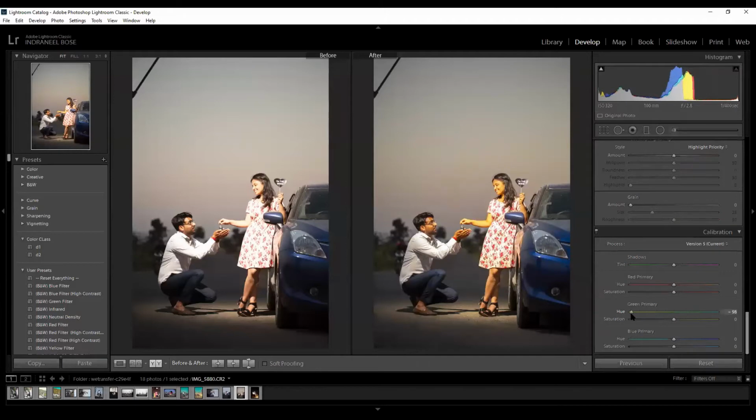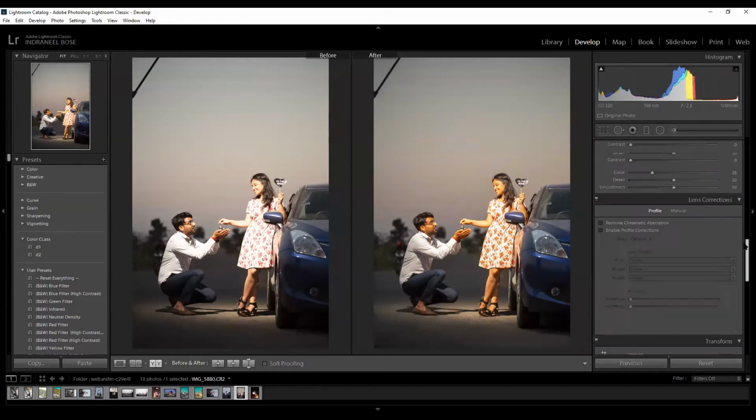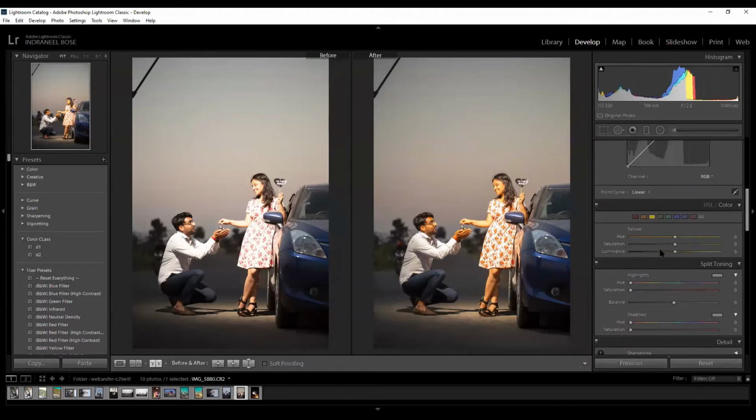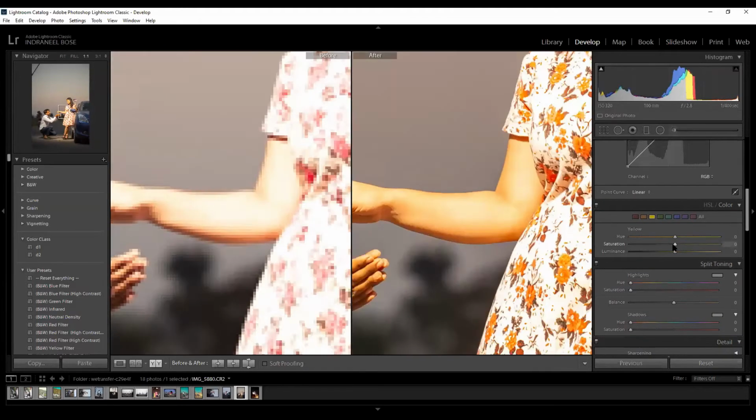So we can play with the color calibrations to change the tones of the image. But what it is doing, it's influencing our skin tones. So we will go to yellow in colors and try to balance out the yellows in the skin tone first.